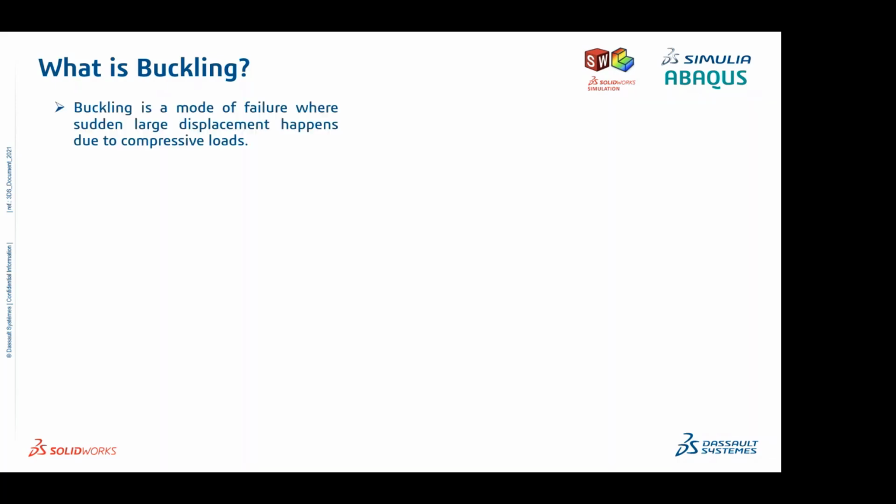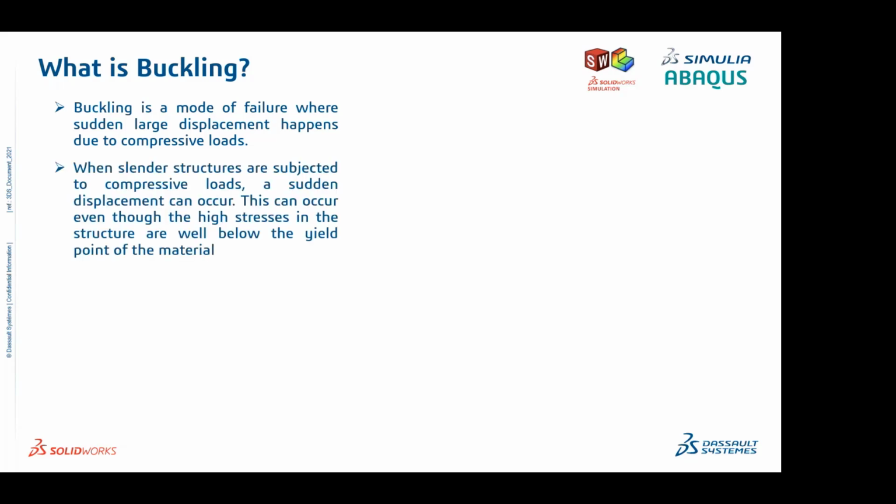What is buckling? Buckling is a mode of failure where sudden large displacement happens due to compressive loading. When slender structures are subjected to compressive load, a sudden displacement occurs. Whenever you have a slender member, such as weldment structures, with a small cross section compared to the length,